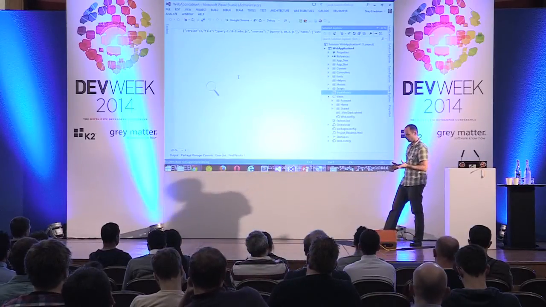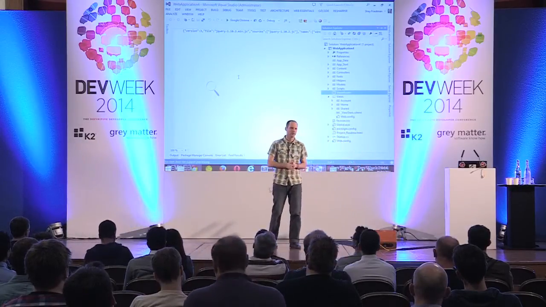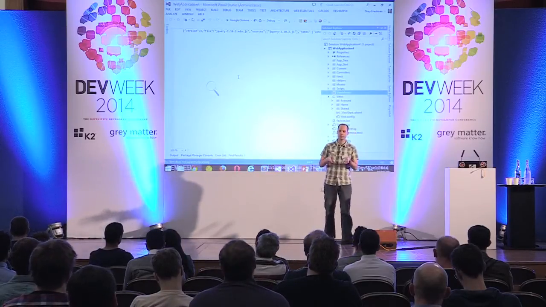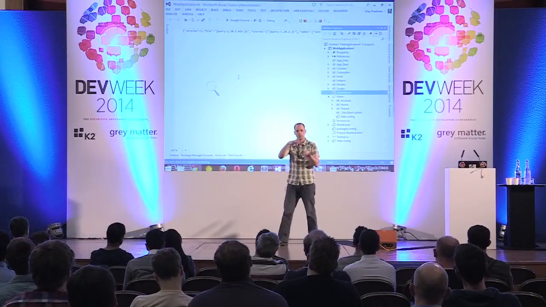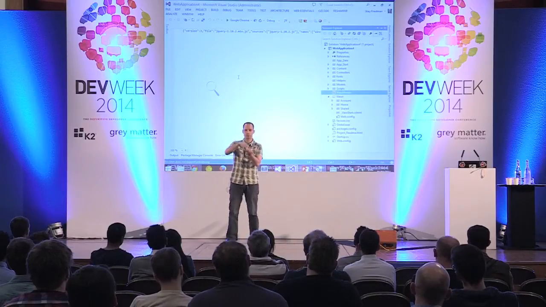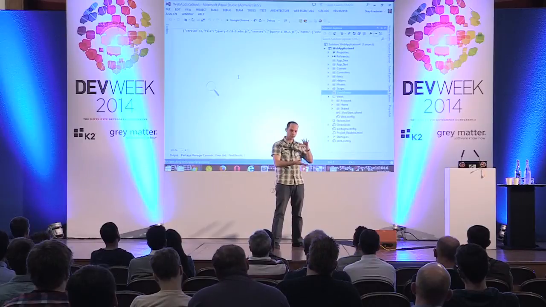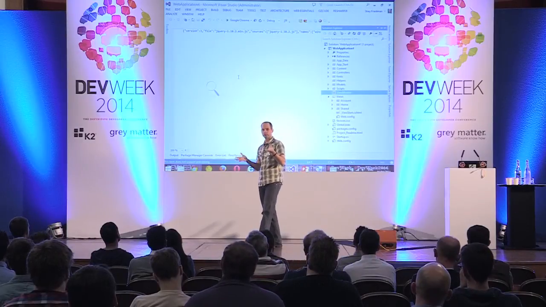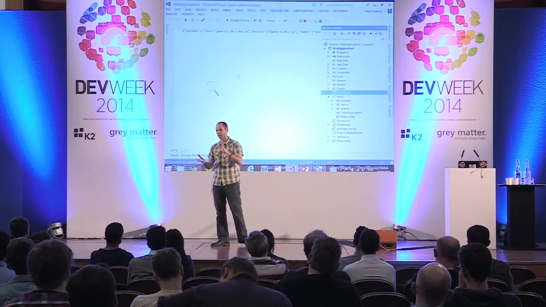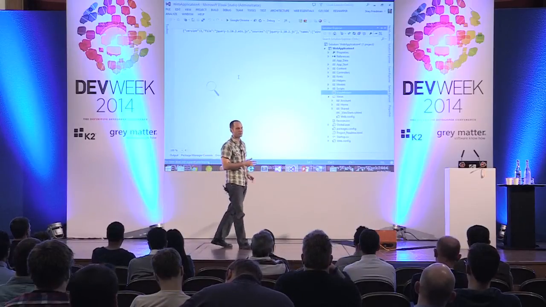MVC has this thing called areas. It's been there from, I think, MVC 3, something like that. And the idea of areas is that you can just take specific controllers, the content, the JavaScript, all the things, just put them in an area, which is another folder which contains all this folder hierarchy. And this represents a specific part of the application that has a kind of different approach, maybe different users,